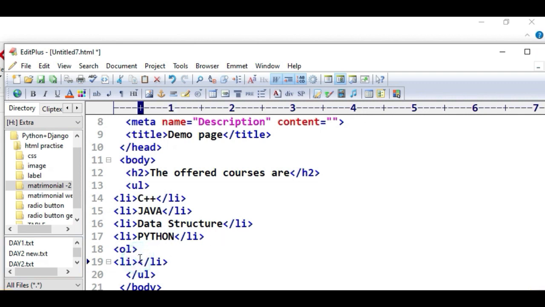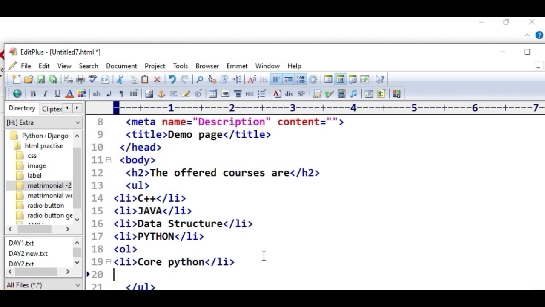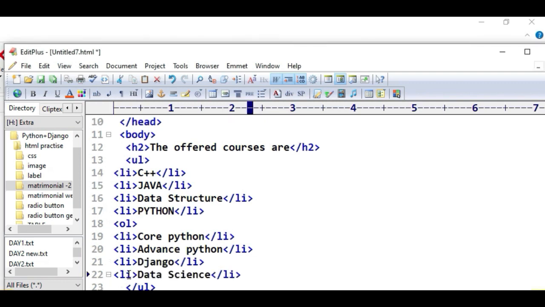For example, we are offering core Python in ordered form, and under this we offer advanced Python, we offer Django and also data science using Python.